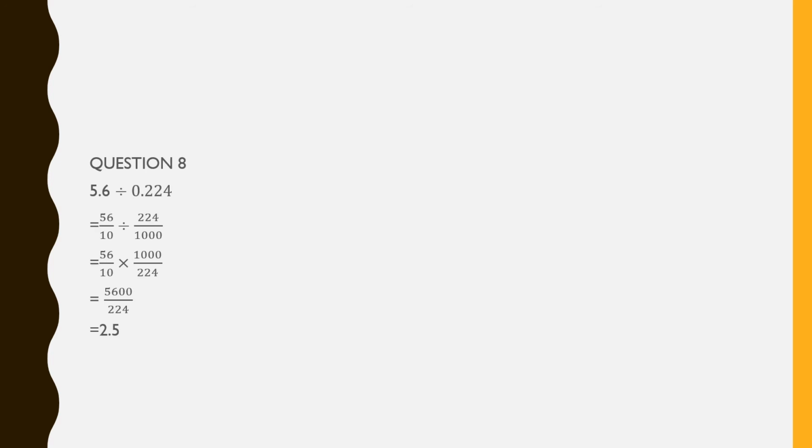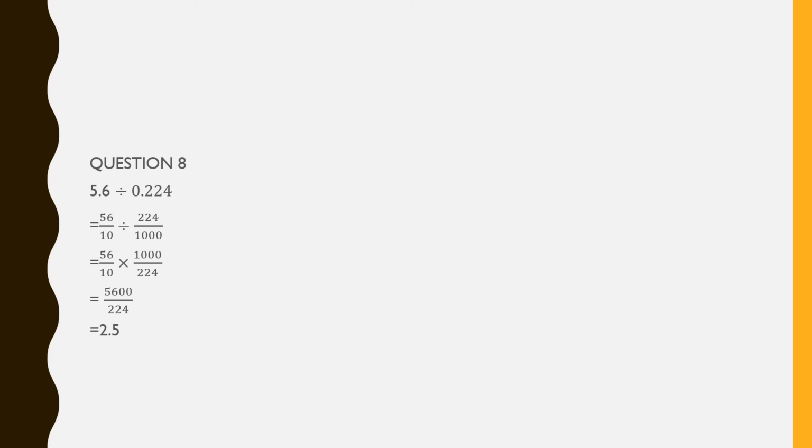Question 8. 5.6 divided by 0.224. First, we will convert 5.6 and 0.224 into fractions. As we can see that in 5.6 there is only one digit in the decimal part, so we get 56 by 10 as the fraction. In the second part, 0.224, there are 3 digits in the decimal part. So we get 224 by 1000,